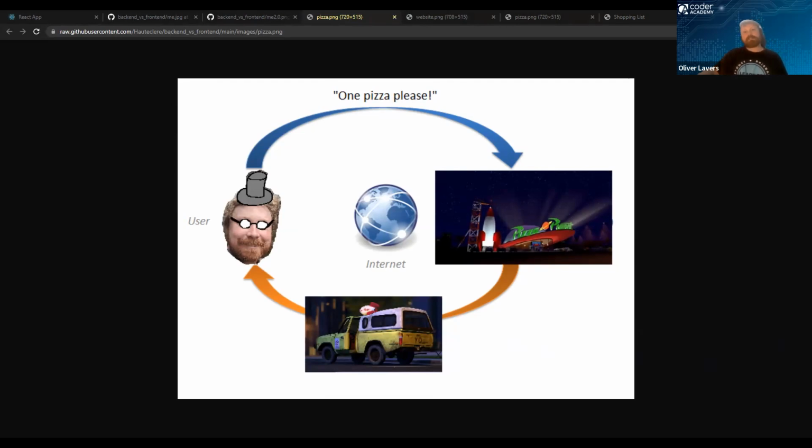So this is not the most efficient system, as you can probably guess. What we tend to get out of this is clunky, bland websites that tie up the resources of the web server, the computer that's sending out those files. But it does get the job done. If you put in a lot of effort and create some really clever, beautiful HTML and CSS files, you can make something pretty glorious out of this simple structure. But we can do better.